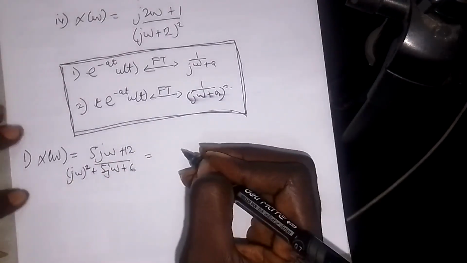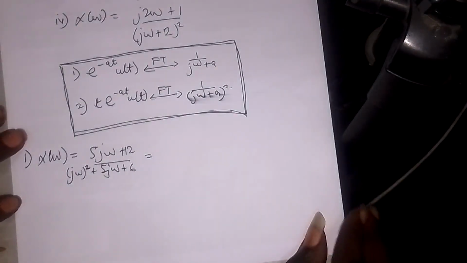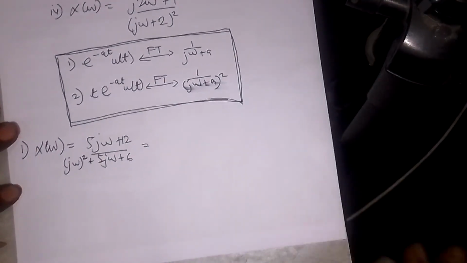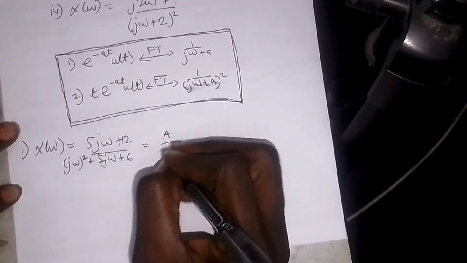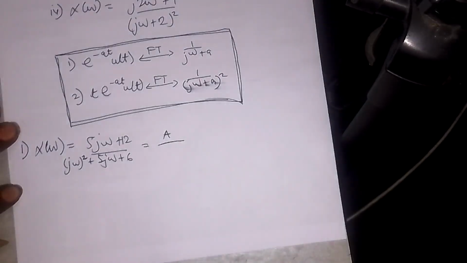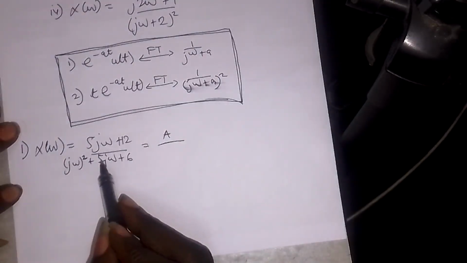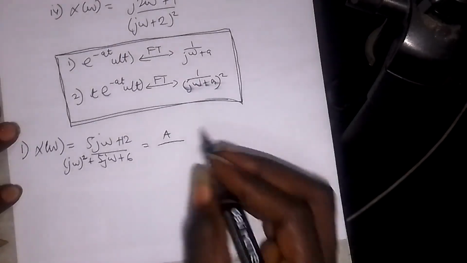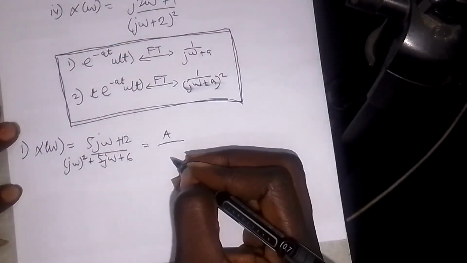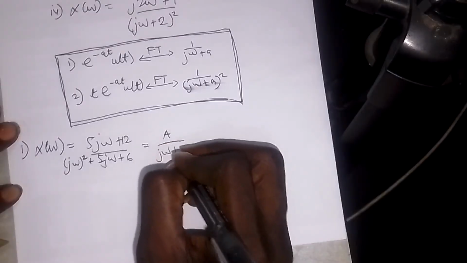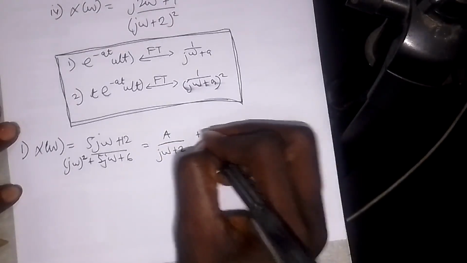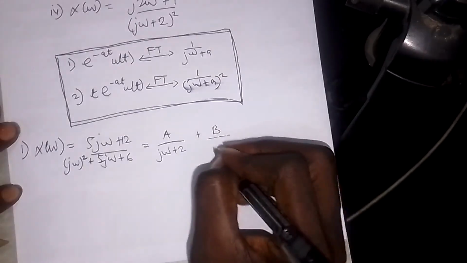And this is equals to, we are breaking them into partial fractions. In partial fractions, we find two numbers that we can add to get this 5 and multiply to get this 6. So that will be 2 and 3. Okay, so I can have A over j omega plus 2,